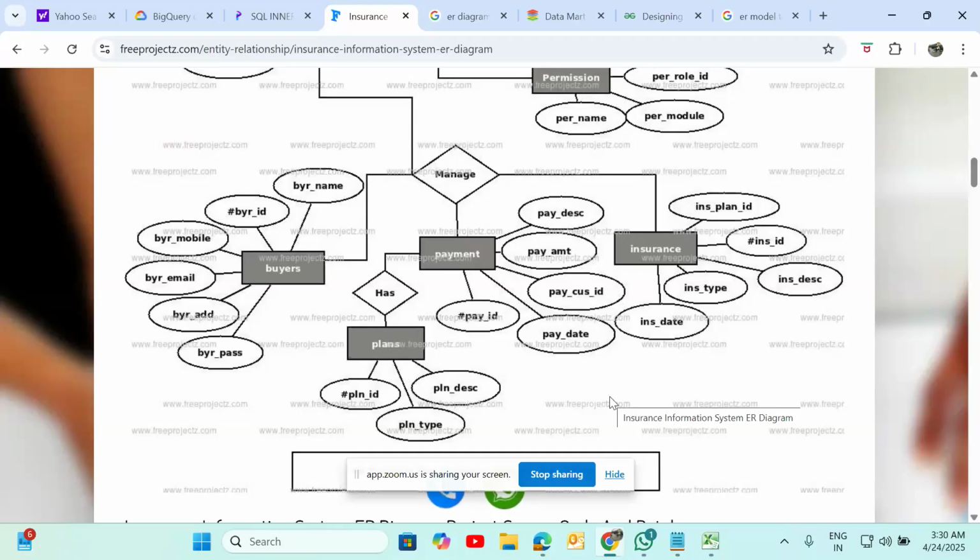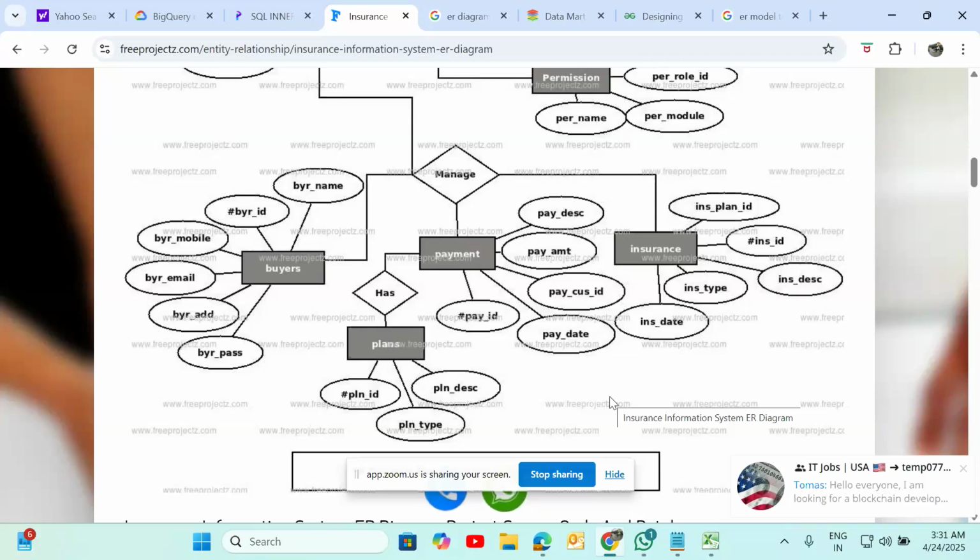If you consider only payments, the other tables we can consider as dimensions. For example, particular time-wise, location-wise, insurance-wise, plans-wise, I want to summarize my yearly payments. That is my concept.